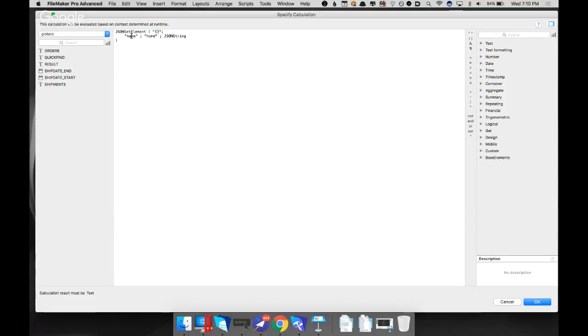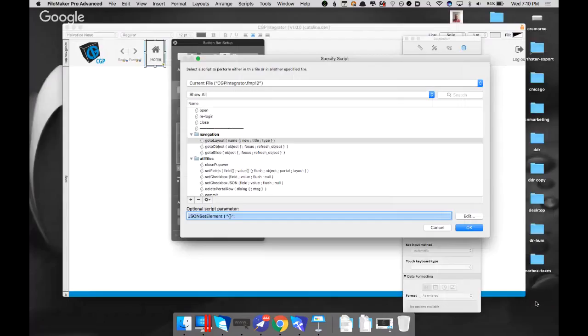And then my label or my string is name. I'm passing home, and it's a string. So it's as simple as that. I'm passing this in, and when I